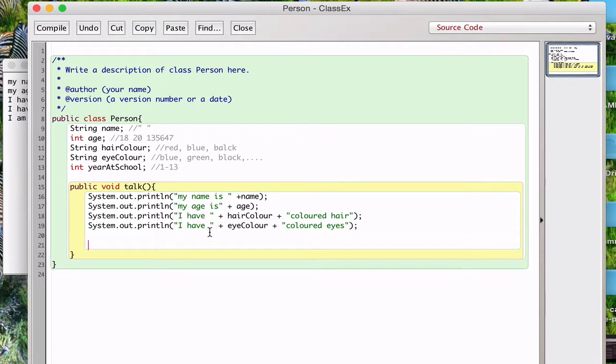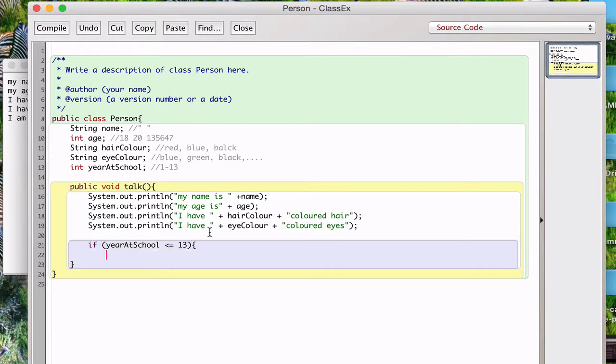So you can make an if statement or an if-else statement, which would be: if year at school is smaller than or equal to 13. What I'm saying here is if the year at school value, which I'm going to assign, is smaller than or equal to 13, then I'm going to simply print out